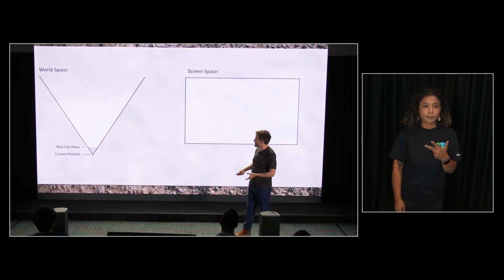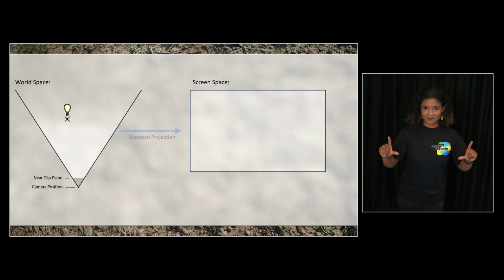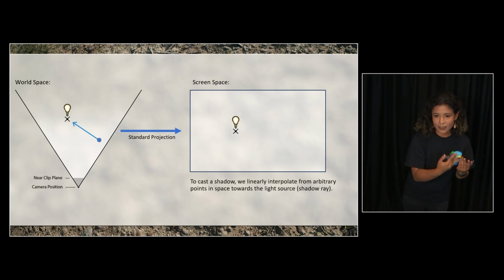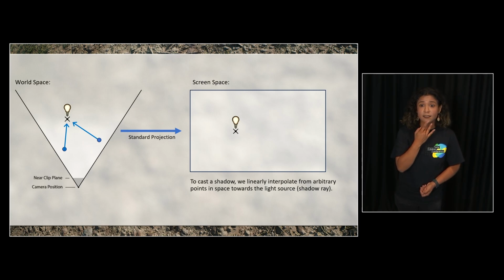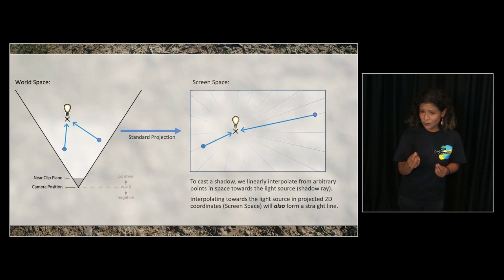So here we go. We have our scene. You love my art, don't you? There we go. I've placed a light in the scene, and we're going to apply the standard transformation to get it on screen. Now, the first key observation, this is the easy one, is light travels in a straight line, and interestingly, not only do they travel in a straight line in world space, but due to the projection that we're using, they also travel in a straight line in screen space. That makes things way easier for us because it means if we're wanting to trace our screen ray, we just iterate towards the projected coordinate of the light. That's all we have to do. So far so good, it's easy.